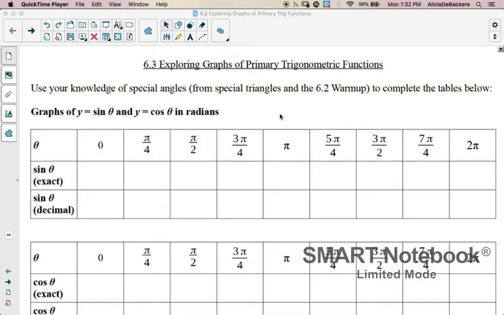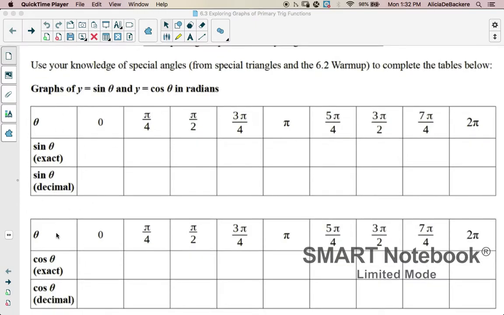We're going to use our knowledge of special angles from our special triangles and from our 6.2 warm-up to complete the tables below. So we're going to be looking at the graphs of sine theta in the first table and then cos theta in the second table. Here I'm given the angle of 0 degrees. Remember that sine theta is the y value as I'm rotating around the circle. So at 0, the sine value or the y value, if I was sitting on the positive x-axis,